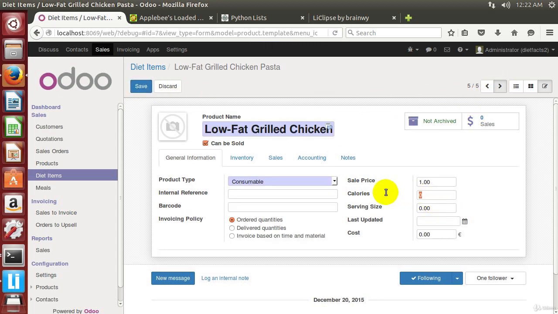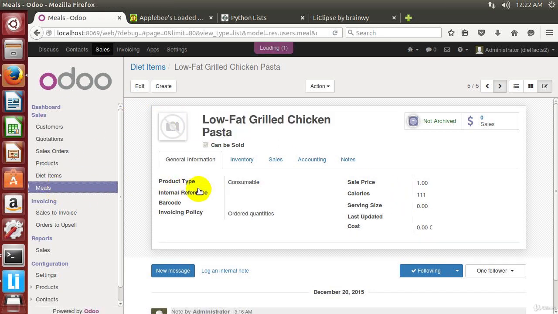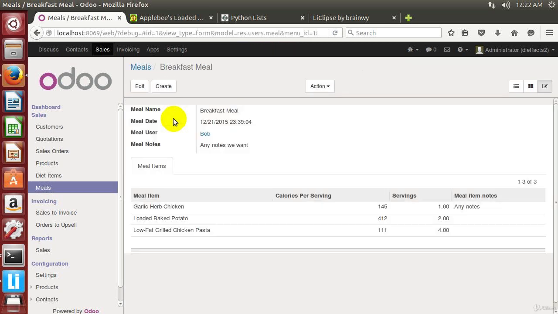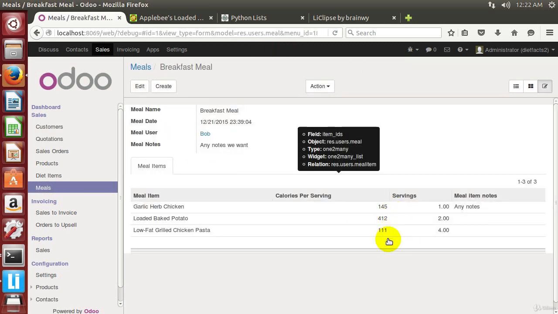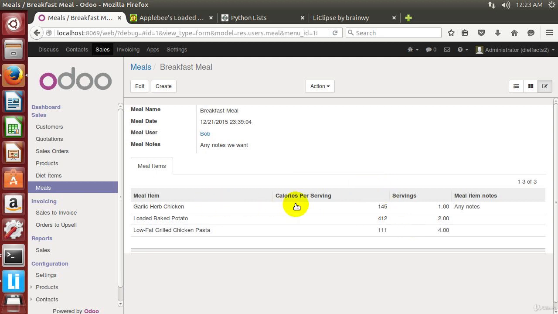So now all our diet items have some calories in them. Let's go and look at our meals. Look at our breakfast meal. And notice how it's already pulled the calories over. Pretty slick, huh? We were able to take the data and, by creating this related field, expose it inside of our meal items. So now in our meal items, we can see our calories per serving right there in the list,